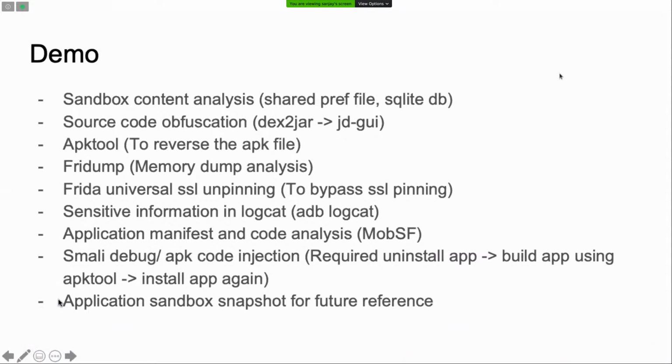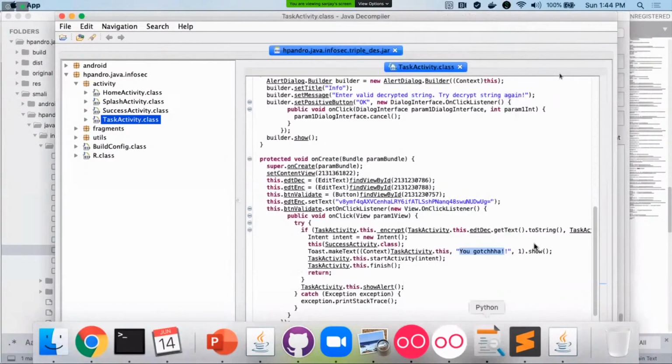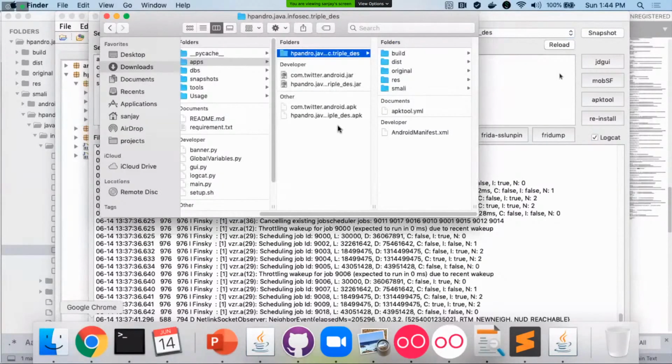Another thing is the application sandbox snapshot feature for future reference. I just implemented the snapshot button. It's basically nothing but a snapshot of the sandbox at a particular given time. When I click on the snapshot button, it will pull down all the sandbox data from the device.